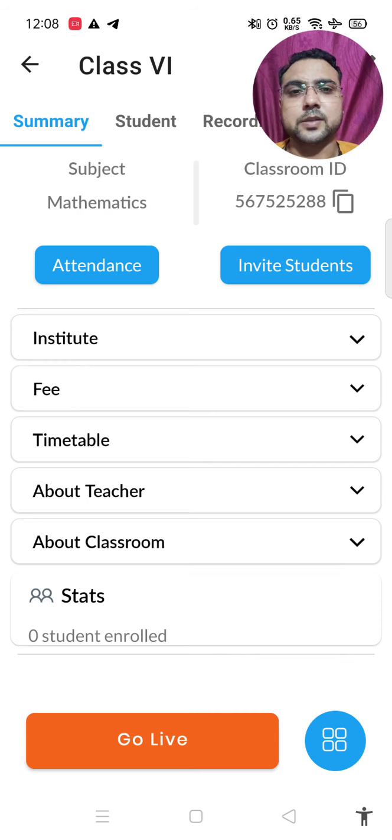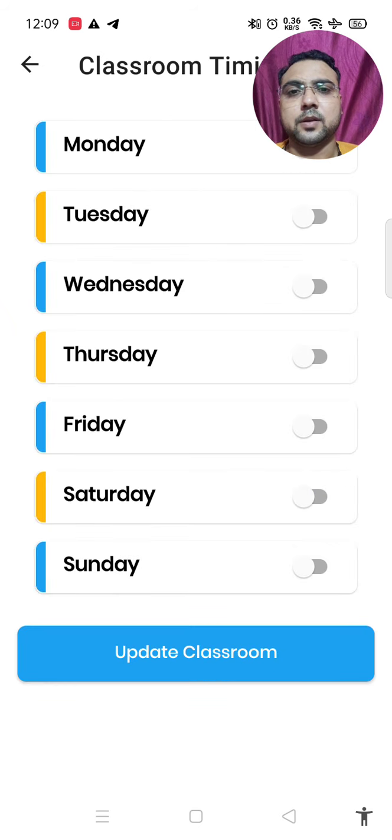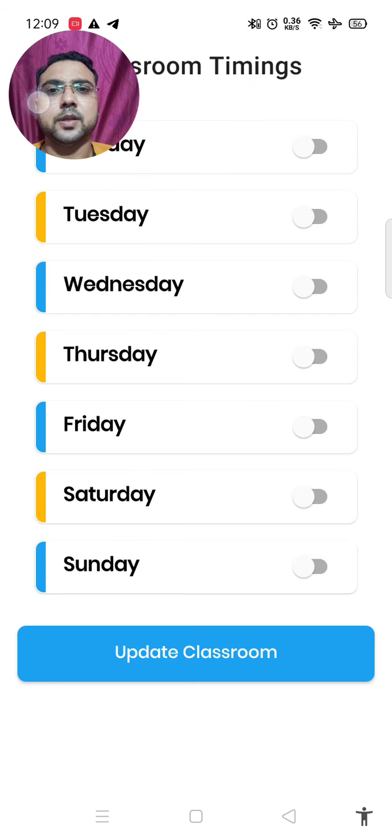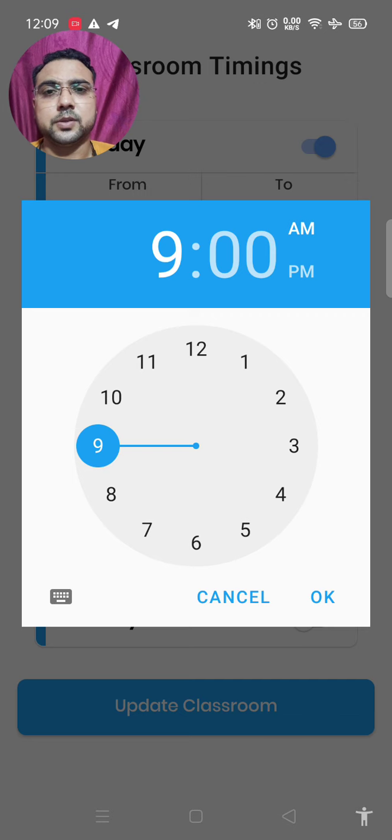Now the second step. You will not need to enter any fee over here, but you will need to enter the timetable first. So basically you will allot the timetable, right? Click on the add timetable option. Then if your class is on Monday, you can click on the Monday button. Then click on the starting time.